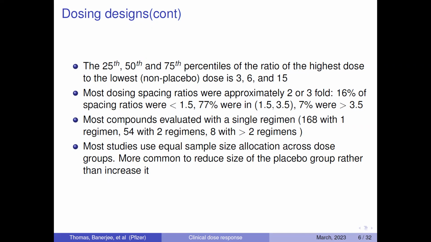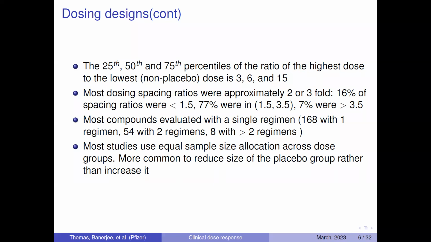77% were between 1.5 and 3.5. There were a few that are higher. Occasionally, you'll see 5 or 10 fold spacing between doses, but not very often. Now, this is coming back to that point about how we characterize dosing. Most of the compounds were evaluated with a single regimen. In fact, 168 of them with 1 regimen, 54 with 2,